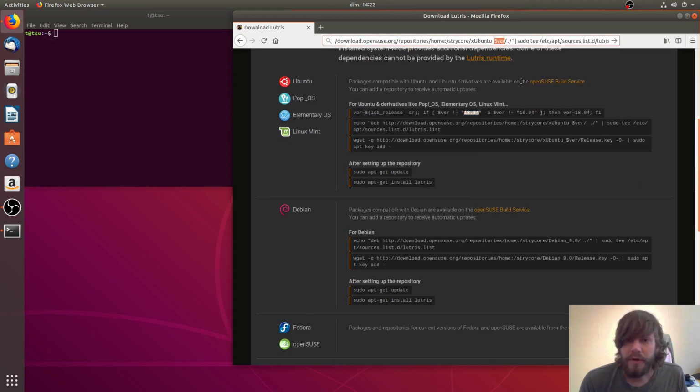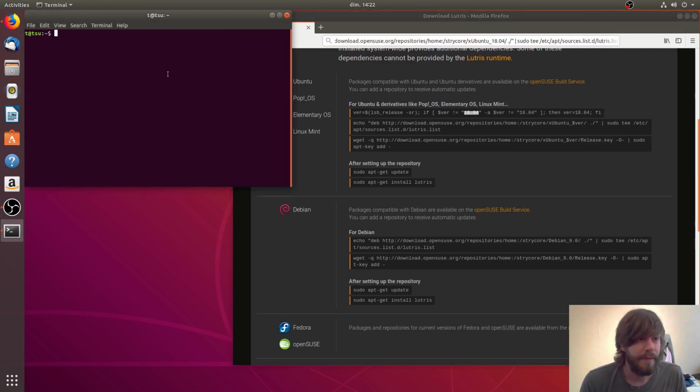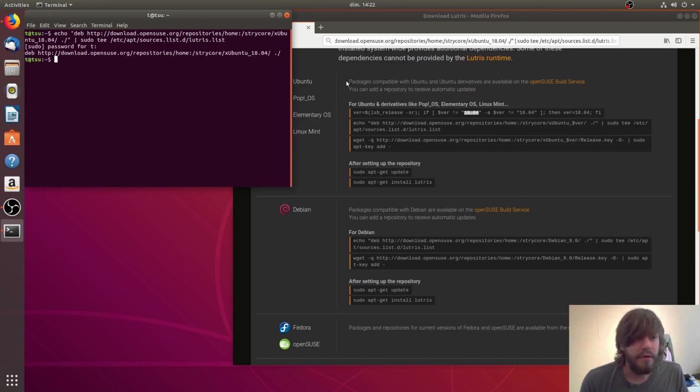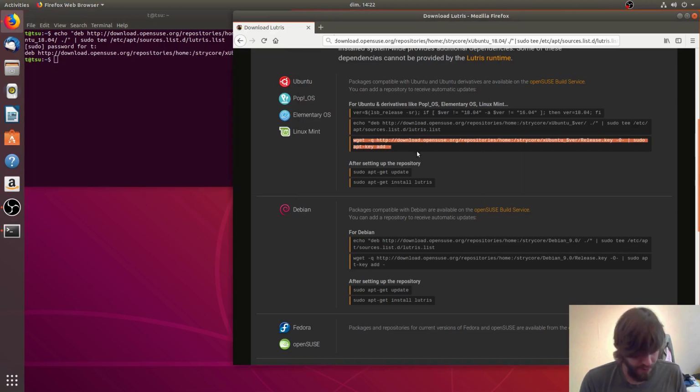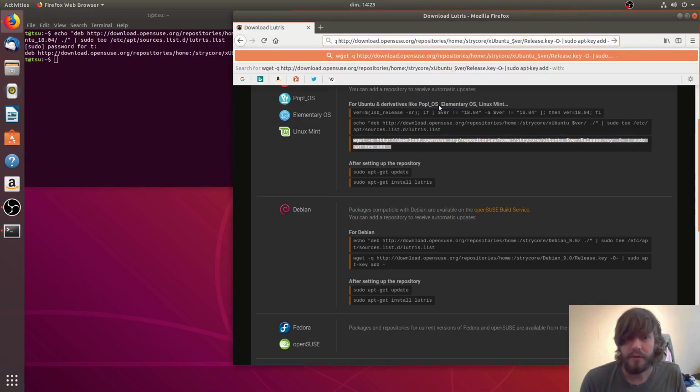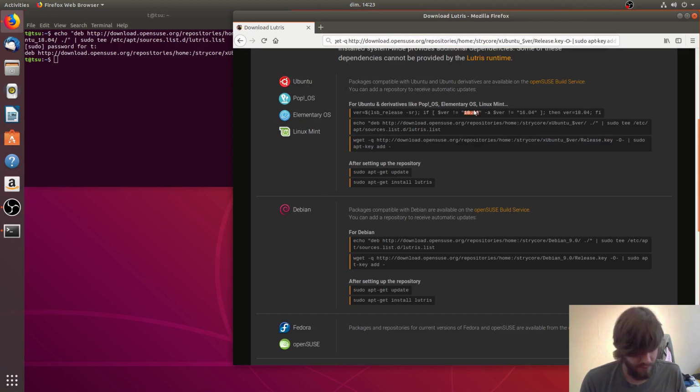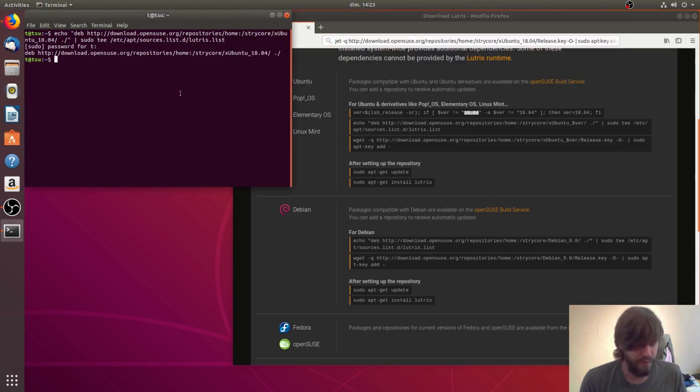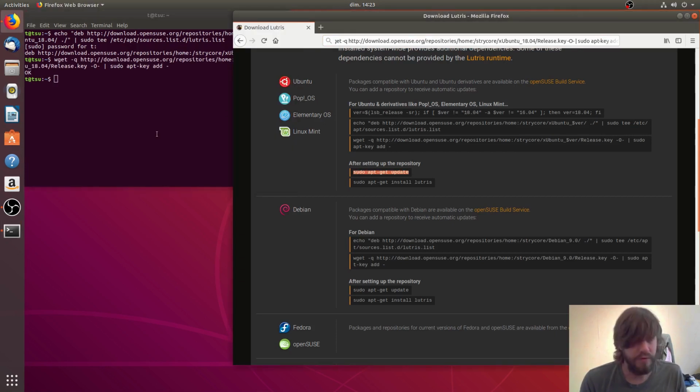So this variable here gets replaced, and it only appears once in each line. Control-Shift-V instead of Control-V to paste. Alright, same here. Version was here. If you're feeling lazy, you can just run the if-else. Alright, sudo